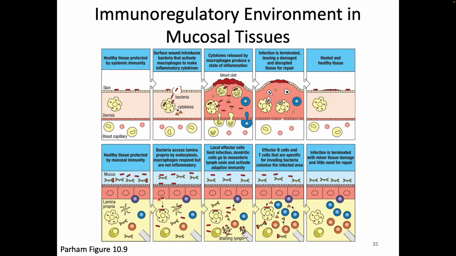That macrophage can sense some kind of microbe. But when that macrophage senses that microbe, it won't induce the same kind of inflammatory cytokines and won't induce an inflammatory response. And so the response that we see will look pretty different than the response that we see